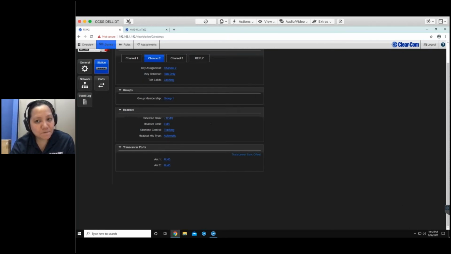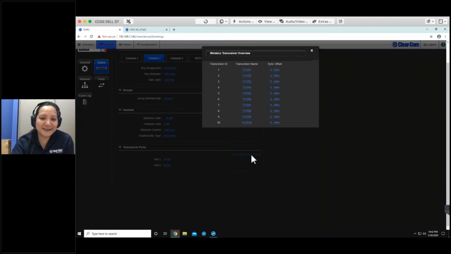Before you leave that, do you want to talk about the transceiver sync offset here? Okay. So you see 10 transceiver here, and this is the default setup. The default is 0 to 69 meters. How should I best explain this? Okay, so the way we do